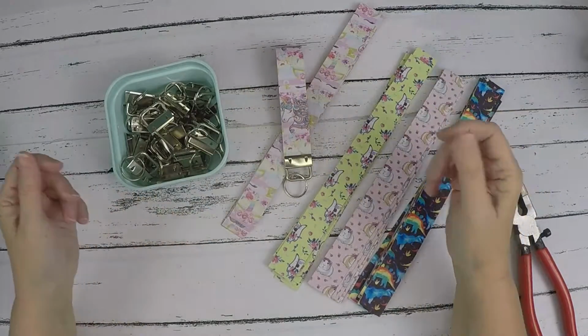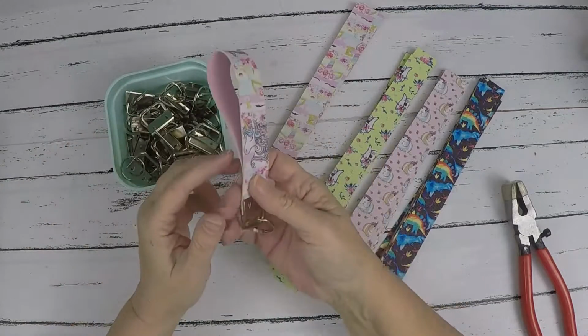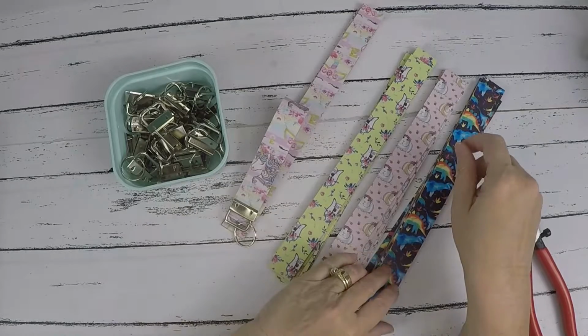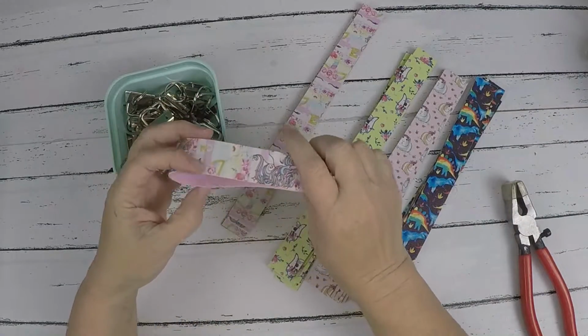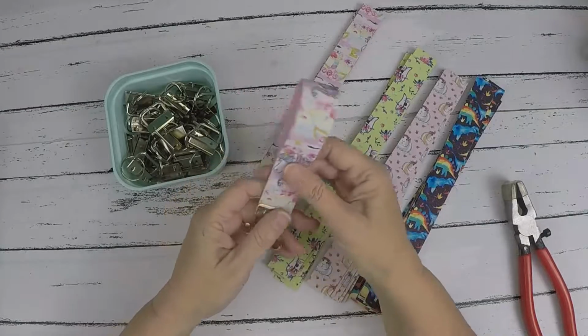So there you go. I'm going to finish these up and I'll be done. But I just wanted to show you how these are made. I may end up doing the sides of maybe, I don't know, maybe this one. But I don't know. We'll see. Anyway, there you go. I'm going to show some pictures at the end of this video of all of these that are